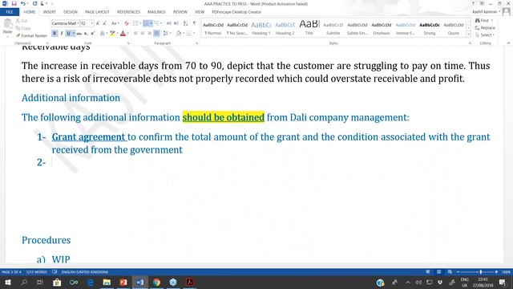Okay, was revaluation another risk in the question? Yes. It's not like a procedure. Procedures would start with review the grant agreement. Procedure starts with a verb. Information starts with something tangible. So will I be needing the revaluation report to confirm the revaluation surplus and the adequacy of the revaluation surplus? So number two, I will be needing the revaluation report to confirm